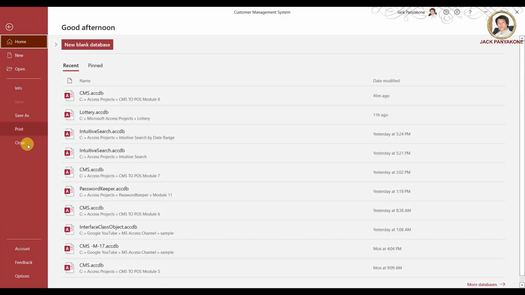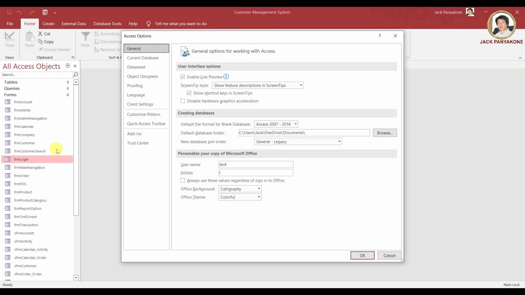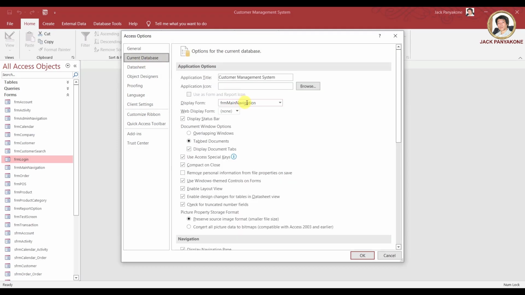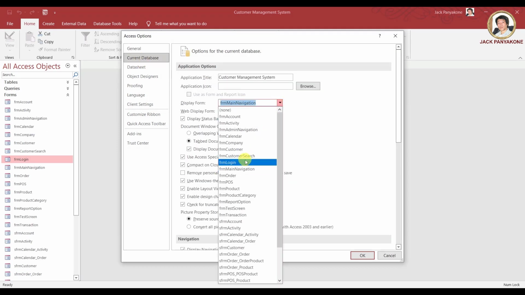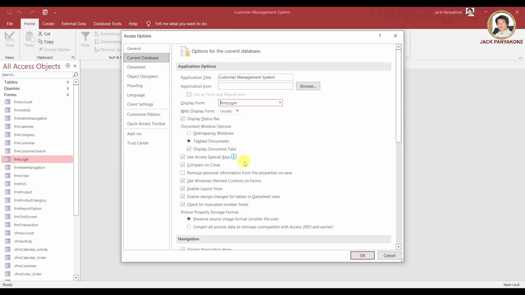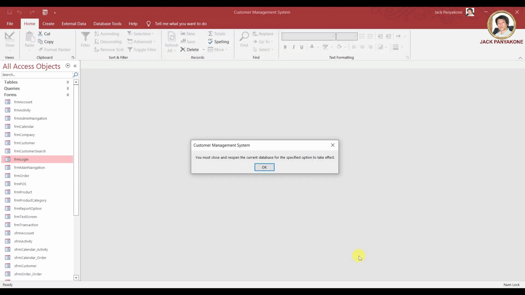I forget, brother. Let's see this option right here. We are going to change the database, current database. See how it says navigation? Now we're going to point it to the login. You see, all right, to S. Okay, that's fine. And then